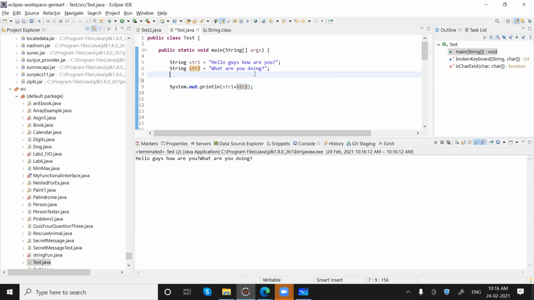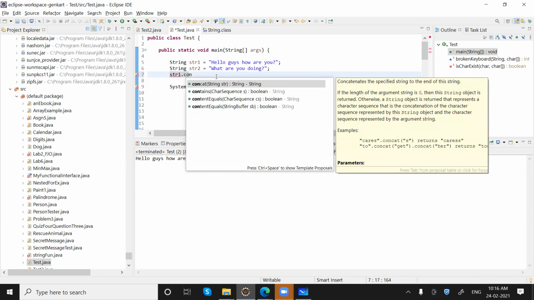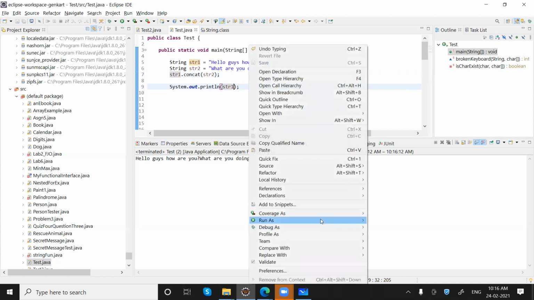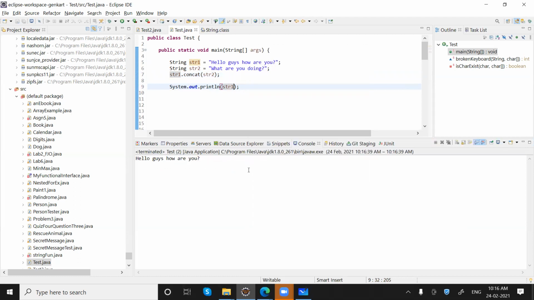Whenever we are performing any operation, like I'm saying str1.concat(str2) and just print what we have in str1, we can see we are getting only the first string.